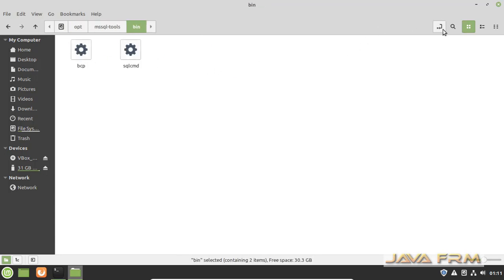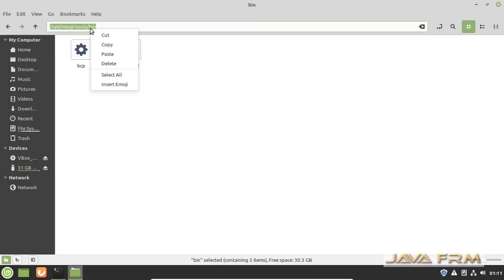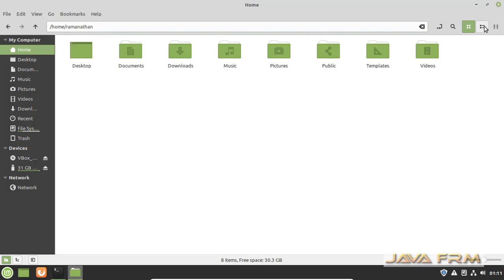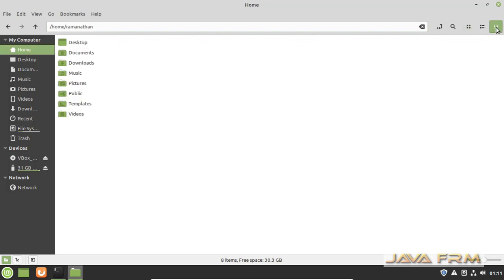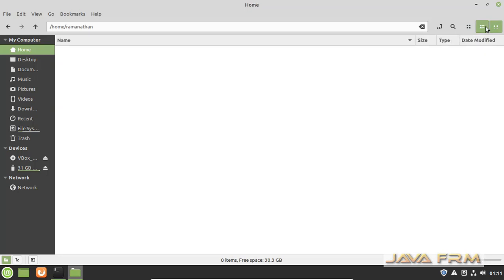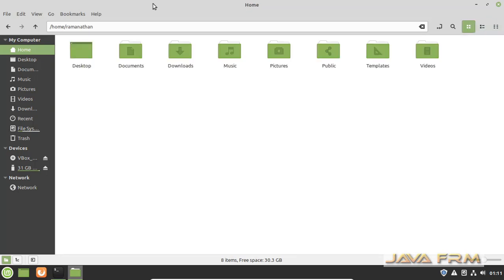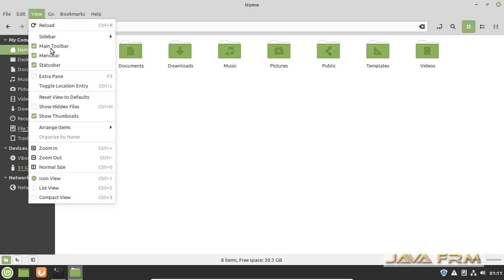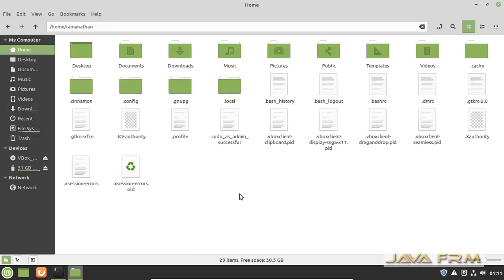So now the next step is I am going to point the /opt/MSSQL-tools/bin directory to the profile settings. Okay, I am going to open the profile settings.